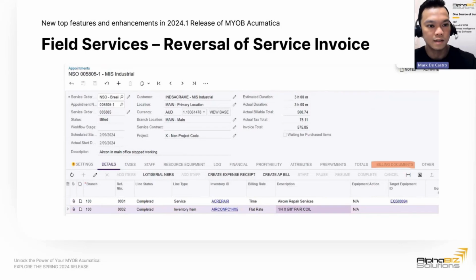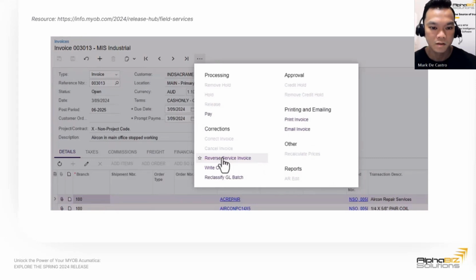If you go into the next slide, Janella. So let's take a look at the sales invoice linked to the previous screenshot for the appointment. With this upcoming feature, users will now have the ability to reverse the service invoice by just clicking on the action toolbar and choosing reverse service invoice, instead of having to create a credit memo, apply it to the invoice, reopen the service document, re-invoice it again and enter the line details that are needed. If you go on to the next slide, Janella.